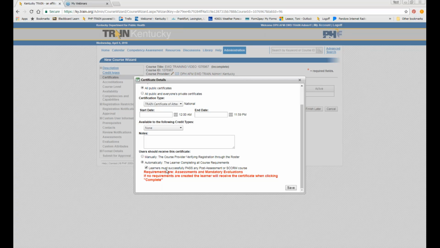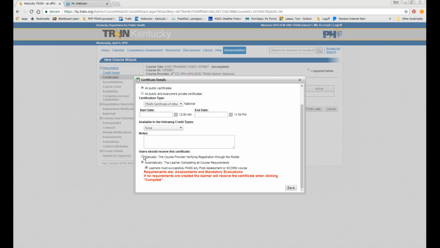themselves and mark themselves complete, and then either complete the assessment and evaluation or just an evaluation before they're allowed to receive their course. If you do select manually, then you as the course provider, once your training is over, will actually have to go back in and manually mark each participant as complete. It's a lot more work on the course provider part, and we kind of like to give a little bit more of that privilege to the learner and the participant for them to mark themselves complete and state that they did indeed